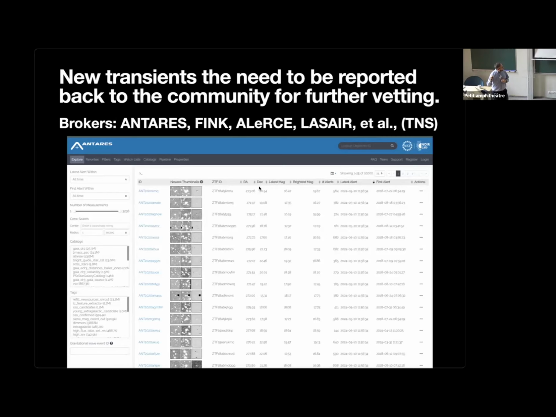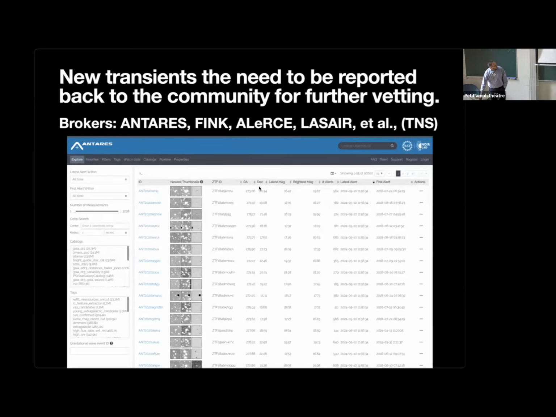There are a couple of different ways that targets can come into these, but mostly these come from the larger surveys. So say ZTF does tiling on a non-localized event region. It then feeds back all these new candidates, and then you can either pick to follow one up or, vice versa, you can try to report one. The brokers are supposed to be pretty automated systems.